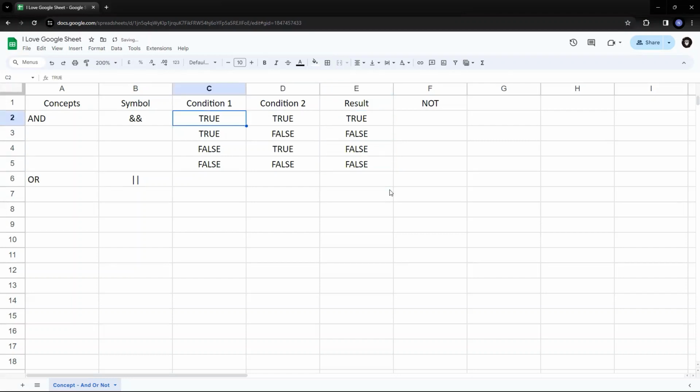Now from this you can understand that in order to get your result to be true, both conditions should be true for AND. So AND always checks that all the conditions in your formula should result in true, or else it will not provide you the result. Pretty clear? Same way,